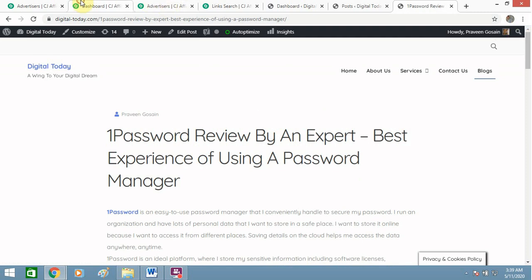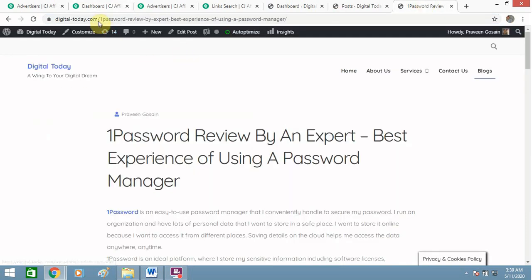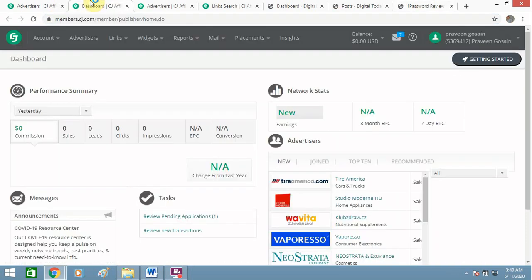For this you need to sign up for an account with cj.com, and once you are signed in, you just need to add your website. This is my website, digital2.com. So I added my website to this platform. After that, after logging in, you just need to click on this account.